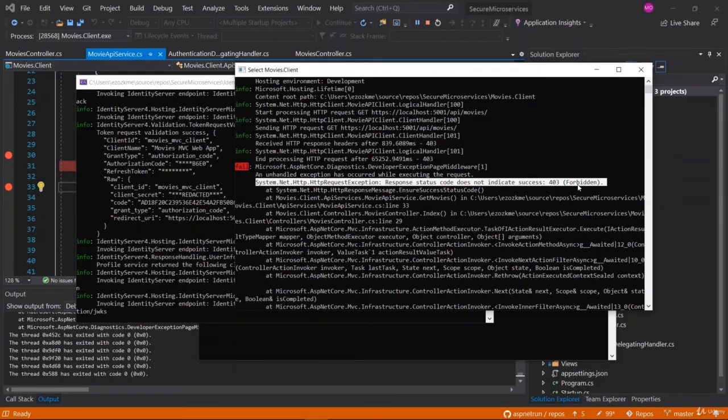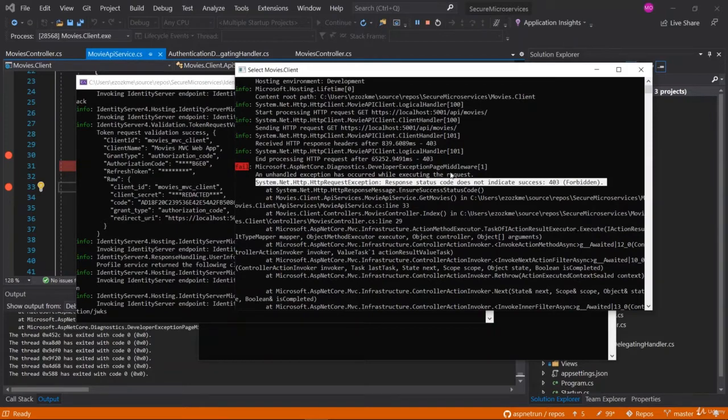This is forbidden. So as you remember, we had a claim-based authorization on the protected movie API, and this claim restriction looks for the client ID value. So anymore, we are not logging into the system with client credentials. We are going to log in to the system with OpenID Connect login and get the token from the Hybrid Flow on this login operation.